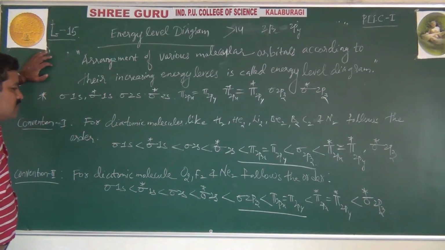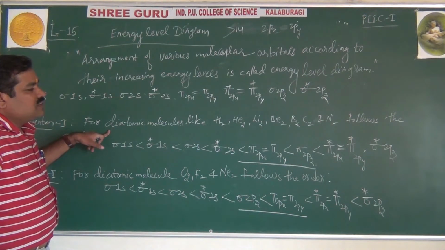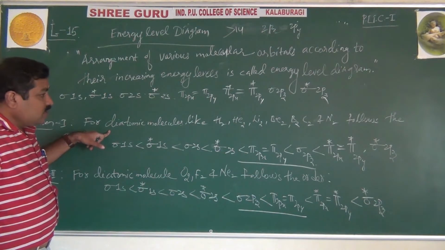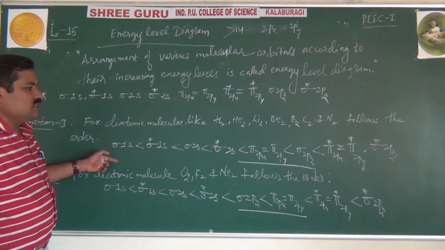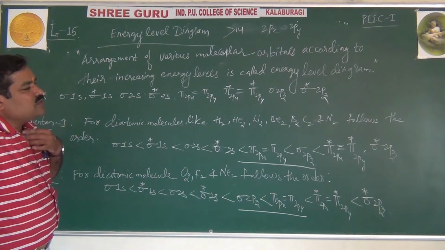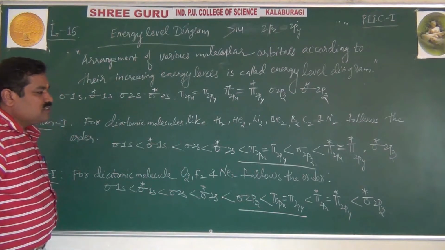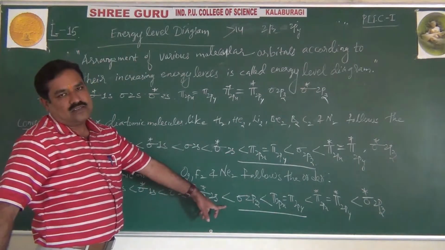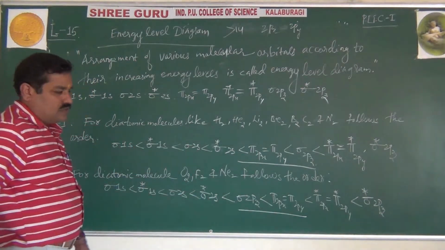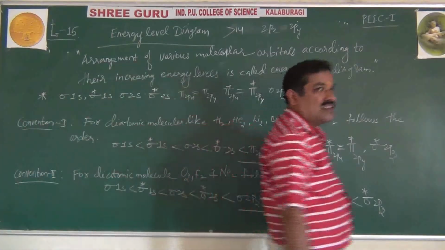This convention is valid for hydrogen to nitrogen, that means atomic number 1 to atomic number 7. And above atomic number 7, you have to follow this, due to the reason I told you. Here the difference between 2px, 2py is less, therefore sigma 2pz will have less energy. But here the difference is more. That's it. Now, keeping all this in mind, we will go for sketching step by step